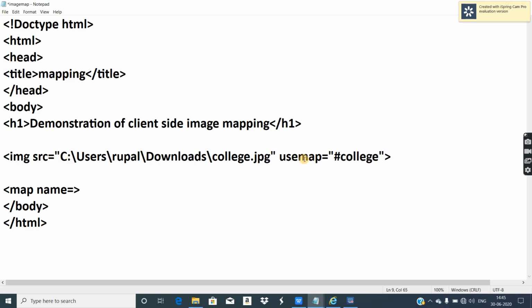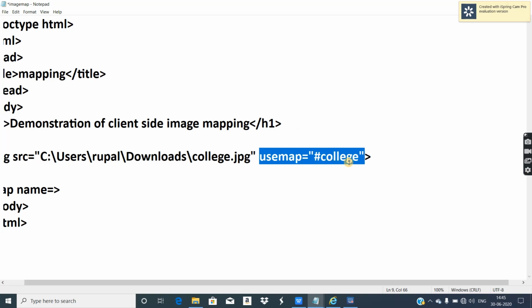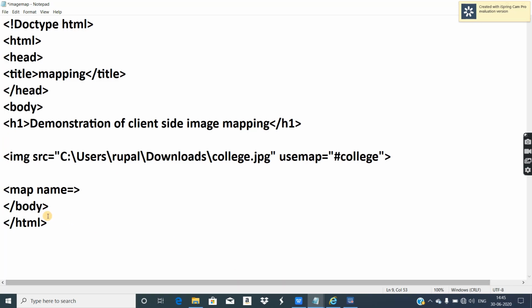So I provided usemap, so now I am going to perform client side image mapping. Now in map tag name attribute I have to repeat this value without the use of hash symbol, then only mapping information will be linked to the image.